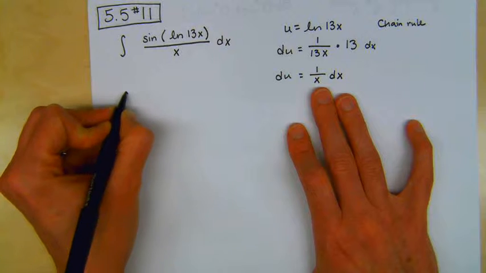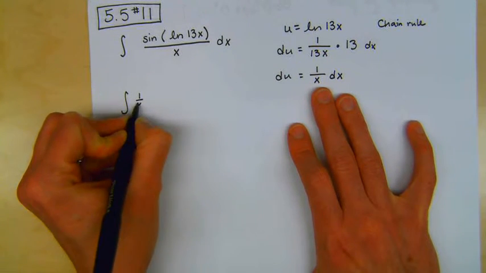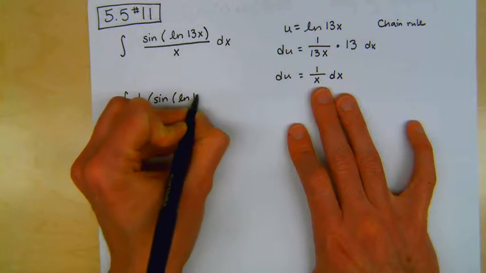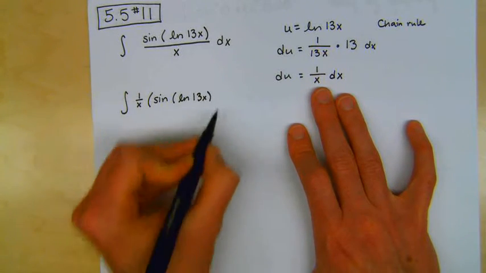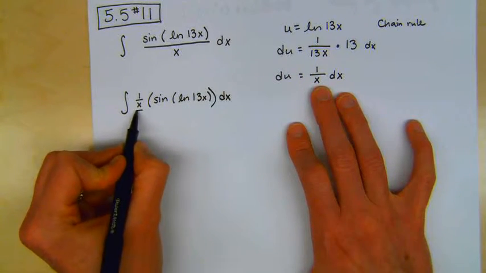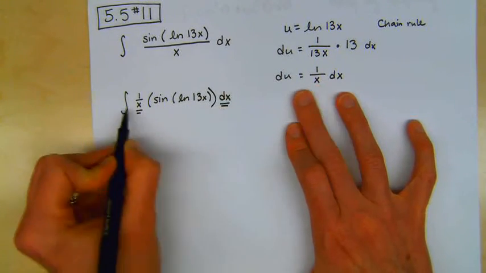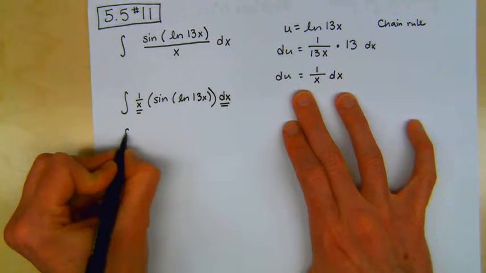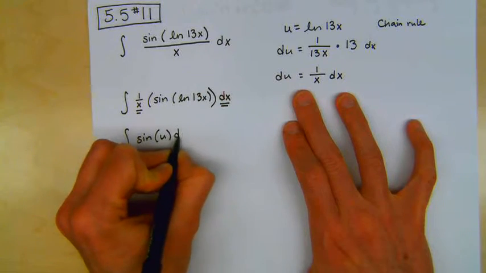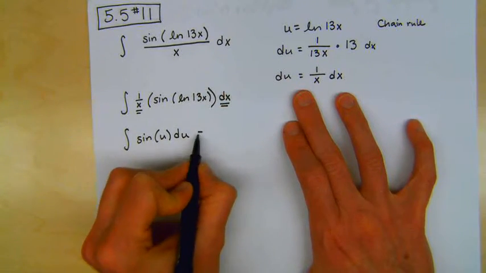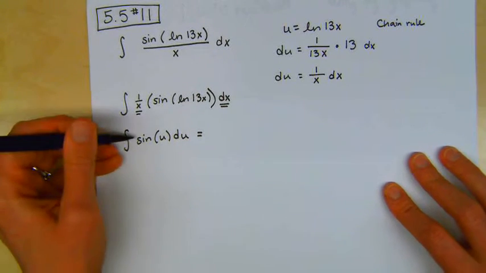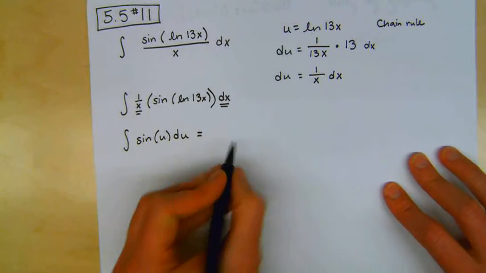I can rewrite my original integral as 1 over x times the sine of the natural log of 13x dx. And that means that the 1 over x piece and the dx piece become my du, and this becomes the integral of the sine of u du. I'm going to go ahead and integrate this. The derivative of sine is cosine, so that means that the integral of sine is negative cosine